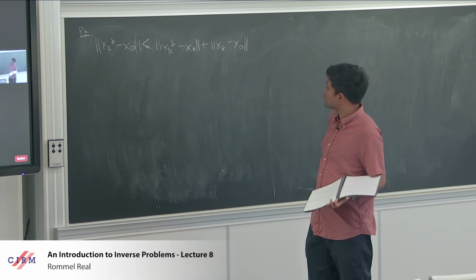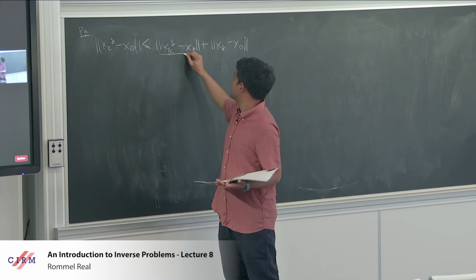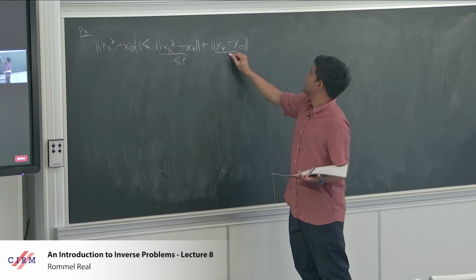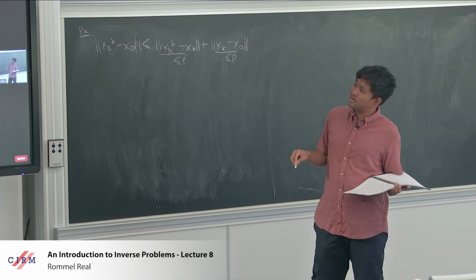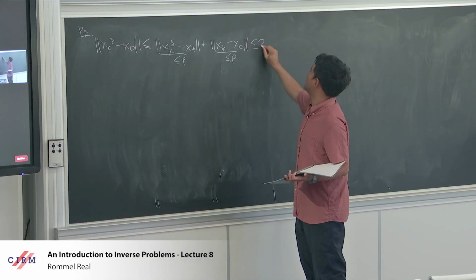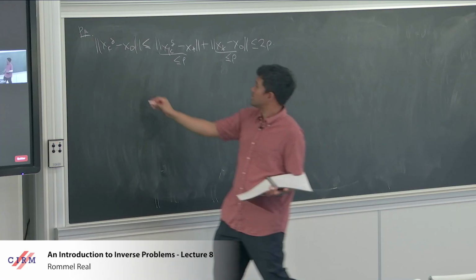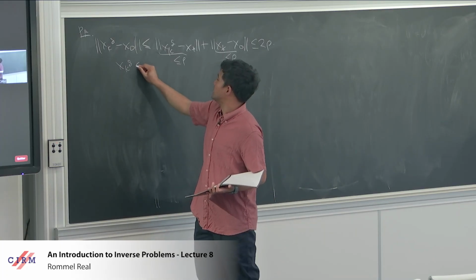And by assumption, this is less than or equal to rho. This is less than or equal to rho. So this is less than or equal to 2 rho. Okay, so that tells us that xk delta is in this